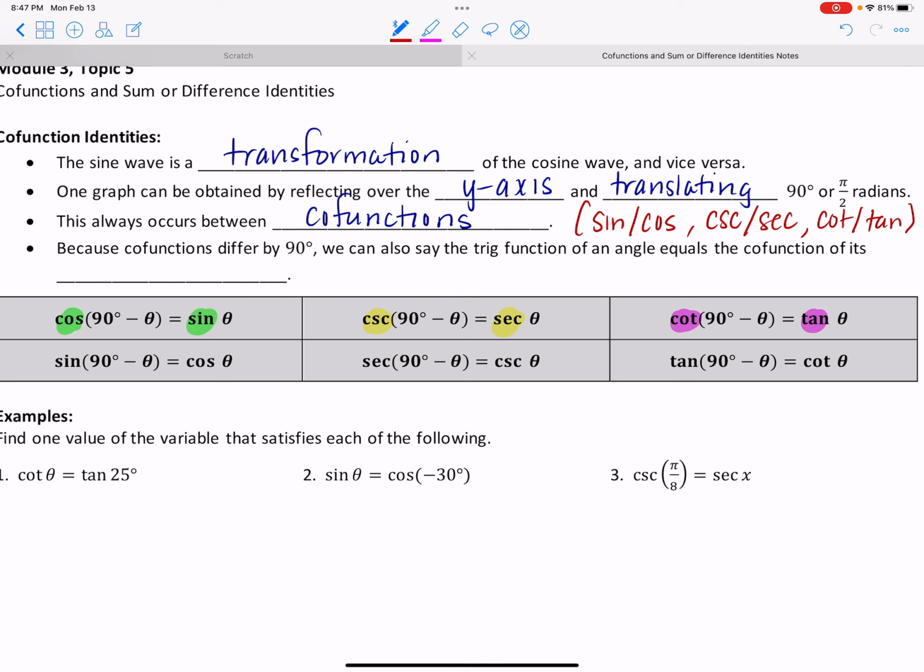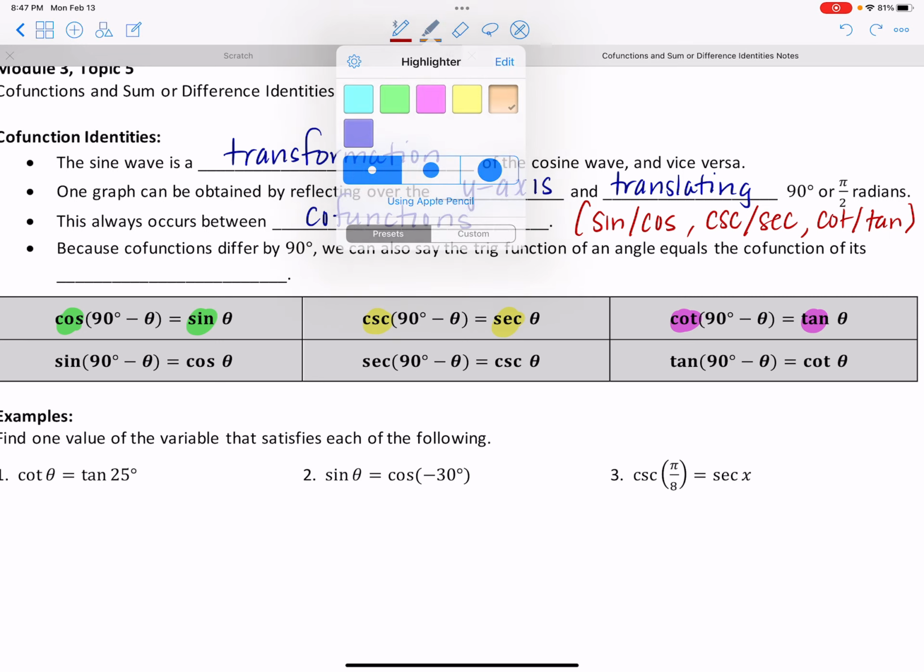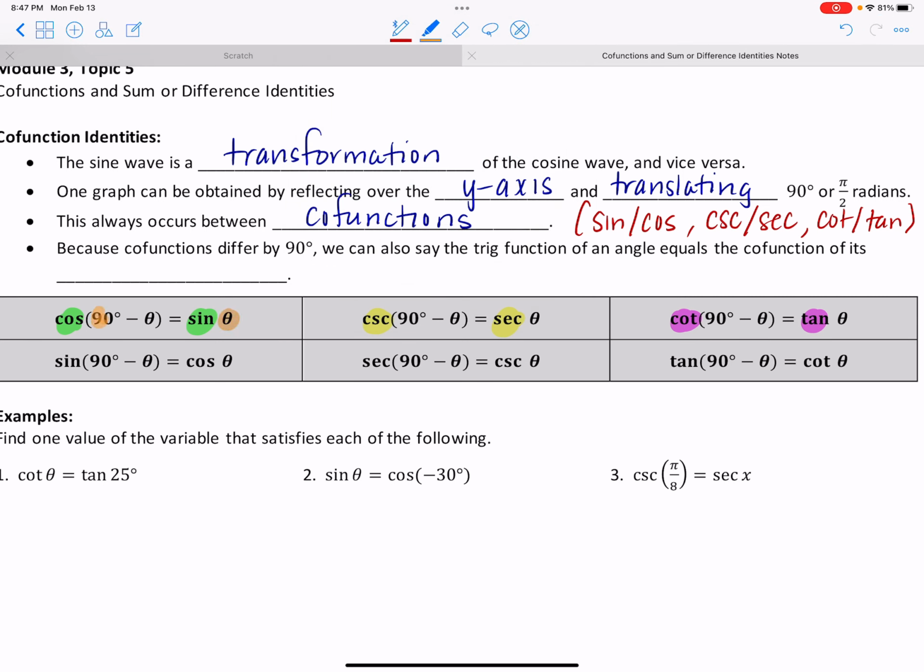And these go in both directions, so these are really the same thing here, just depending on which direction you want to go. So all the boxes underneath the ones I highlighted are just the reverse direction. Now, because we're seeing that 90-degree connection between where we start with our angle and how we translate over, that shift of 90 degrees, if we look at the angles here, the theta and the 90 minus theta, that's just a translation, but if we were to add those two angles together, we're going to end up with